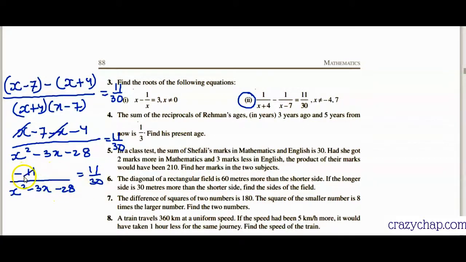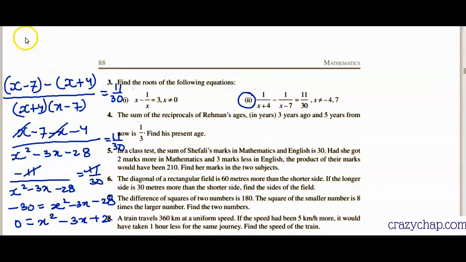Simplifying that, 11 and 11, both sides can be cancelled, dividing both sides by 11, and then you do cross multiplication. So we get negative 30 equal to x square minus 3x minus 28, and simplifying that, minus 30 I bring to the right side, we get x square minus 3x plus 2. Minus 28 plus 30 will be plus 2, and solving that,